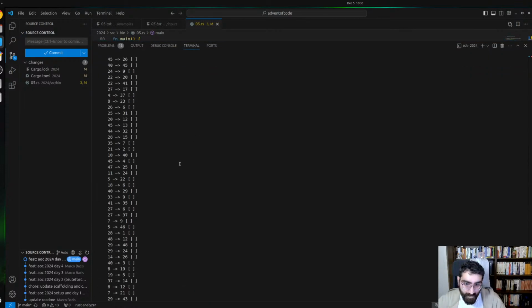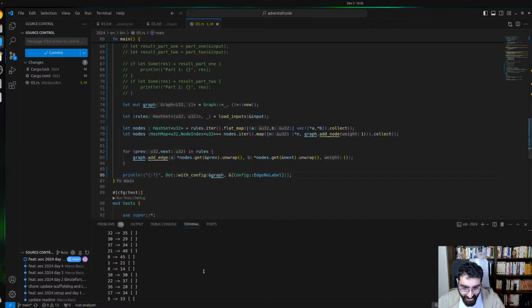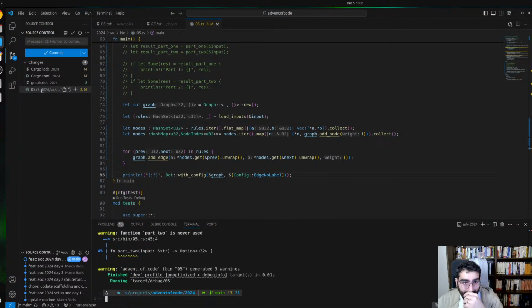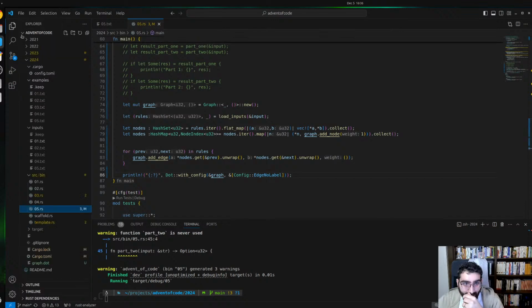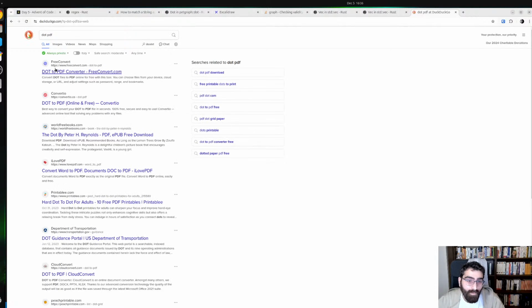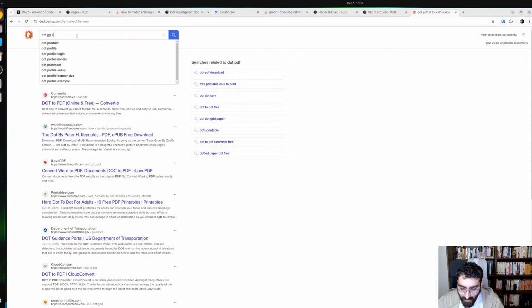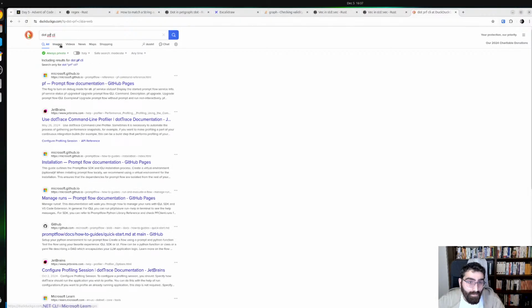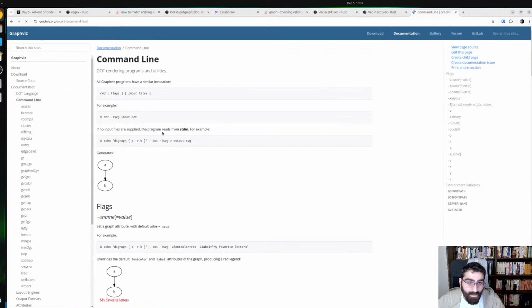This is for the input. So let's try to print this onto a dot file. And so 0.5 graph. We have our dot file. Let's try to print it. So in a PDF, dot PDF. Dot to PDF. Oh, come on. Dot PDF. PDF. Come on. So dot SVG